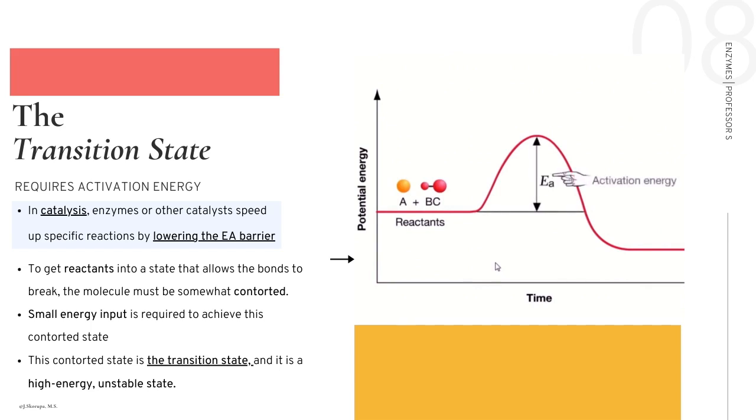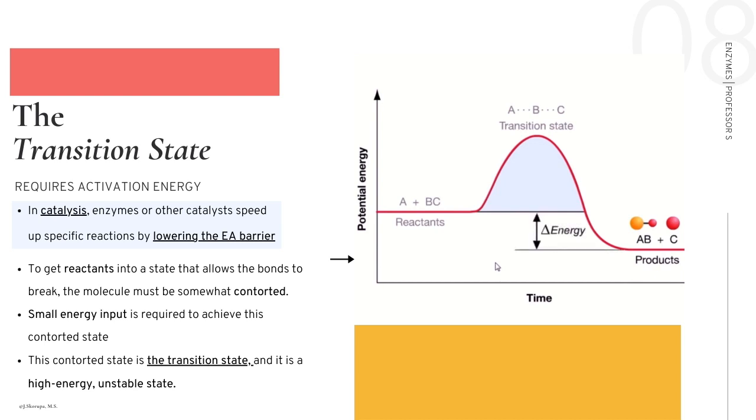In this example, the reactants must have contained high energy in their bonds, so there is a release of energy, and the free energy falls down to the products, which have lower free energy, G. The transition state of the reaction always exists at a higher energy state than the reactants. So the activation energy is always positive. Whether we're talking about an endergonic reaction or an exergonic reaction, there is always a positive activation energy, a little bit of energy that's needed for those molecules to absorb in order to get them to that